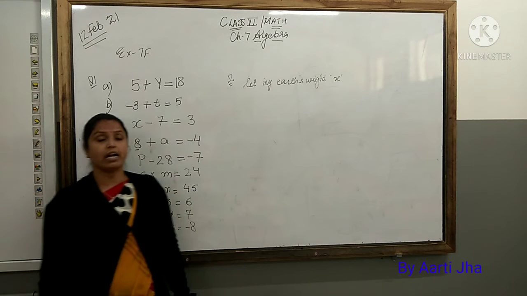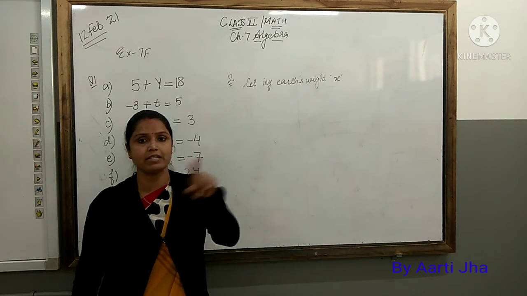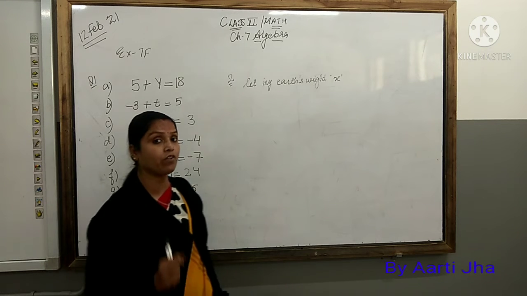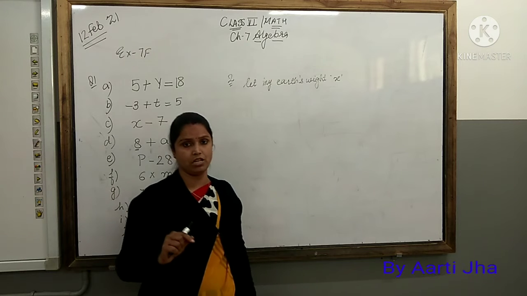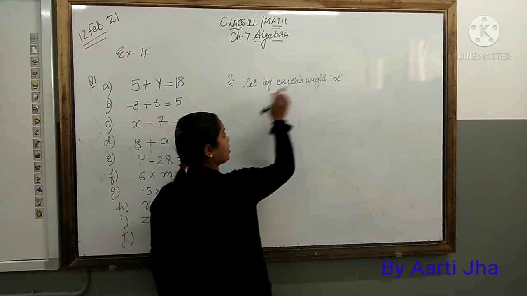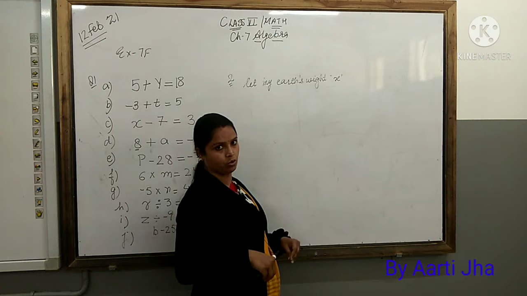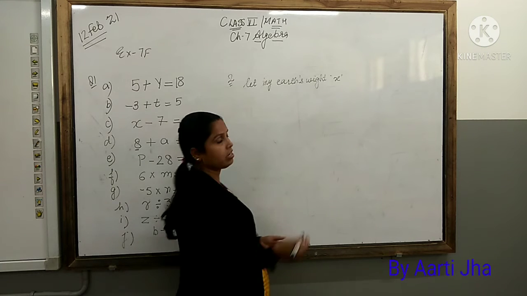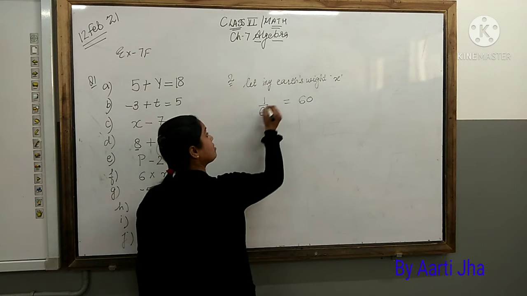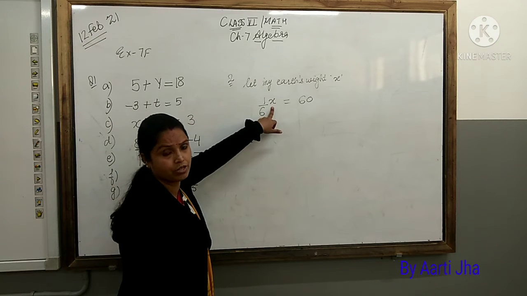They are saying that when you go on the moon, your weight is 1/6 of earth's weight. Then they have given me my weight on the moon as 60 kg. So what do I have to find here? I have to find my earth's weight. Now on both sides, left hand side and right hand side, I will write what is given to me. Moon's weight is given as 60 kg, and here it is 1/6 of my earth weight. This x is my earth's weight.